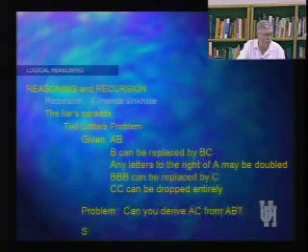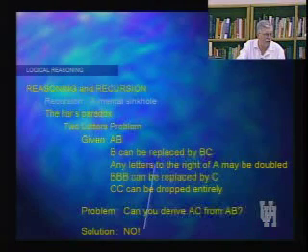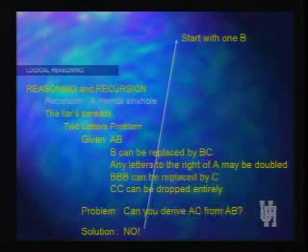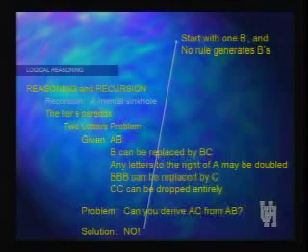The answer here is a big, fat, resounding no. And the reason is, as indicated on the screen there under my picture, that we start with one B in that situation, and there is no rule that generates Bs. And therein lies the problem. We can get BBB, but we can't get simply a B. So given that set of 4 rules, there is no solution that is possible as long as you follow the rules in that situation.